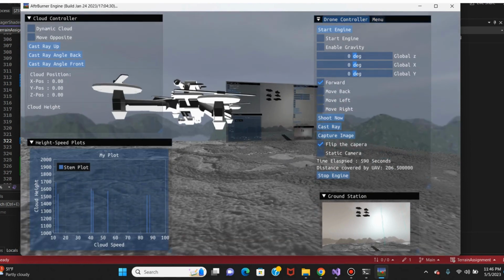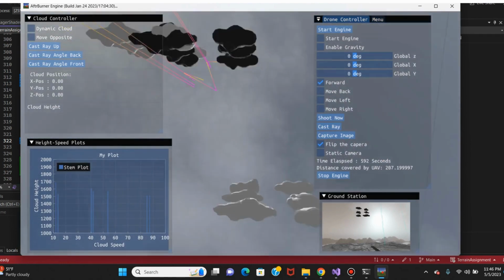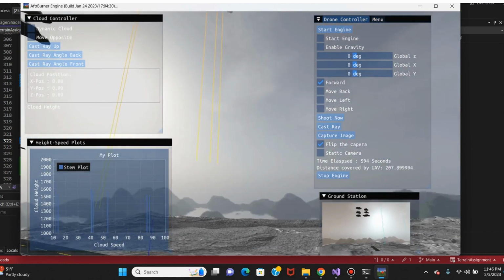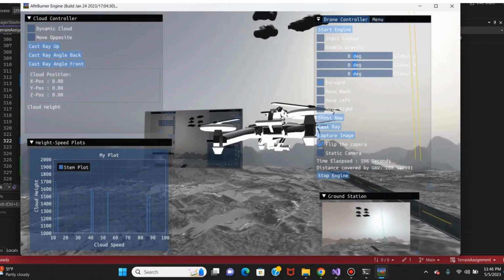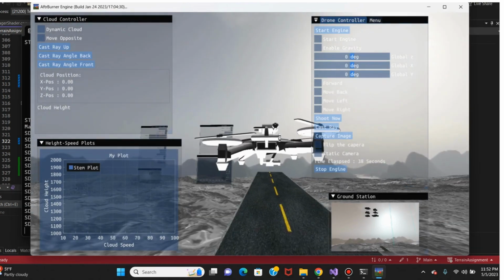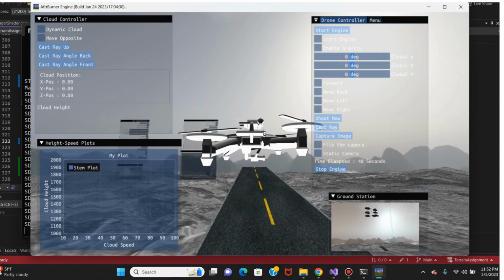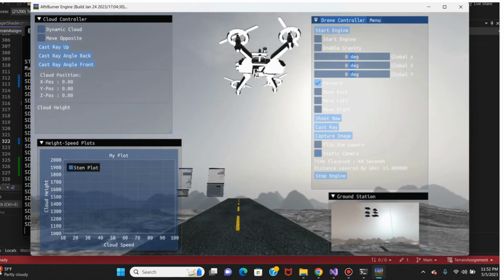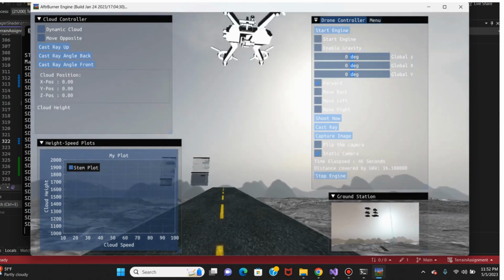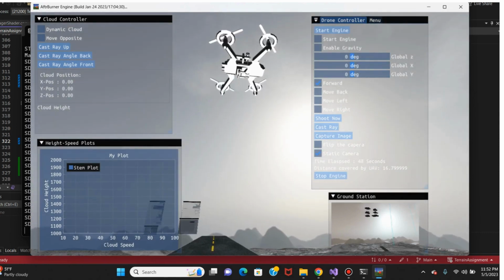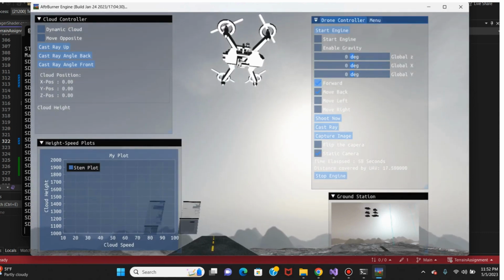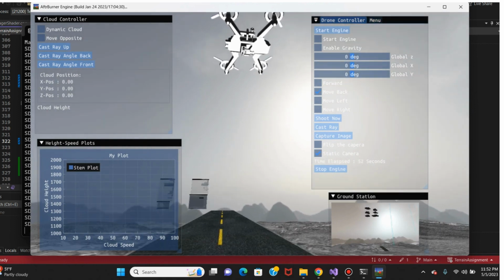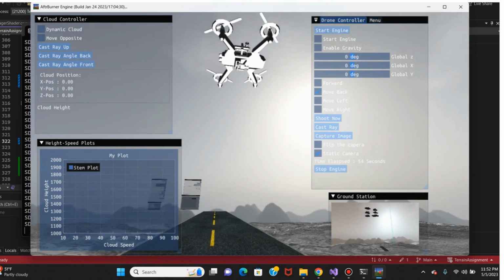So I can also capture the thing above in the sky. I just flip the camera up. Now, the other thing is that I can make the camera static. So I might be positioned static, and I can see the drone flying there, and I